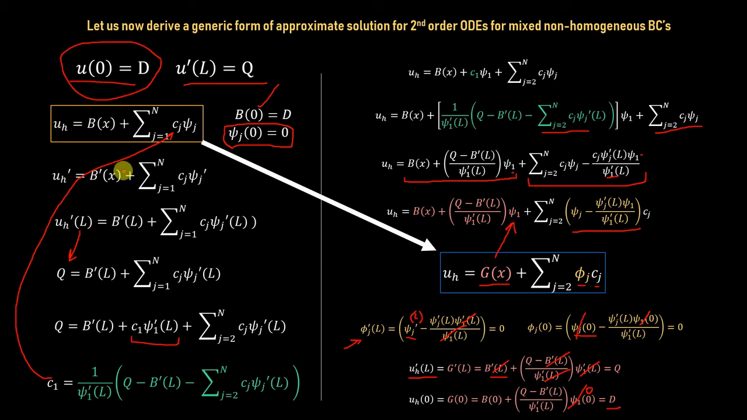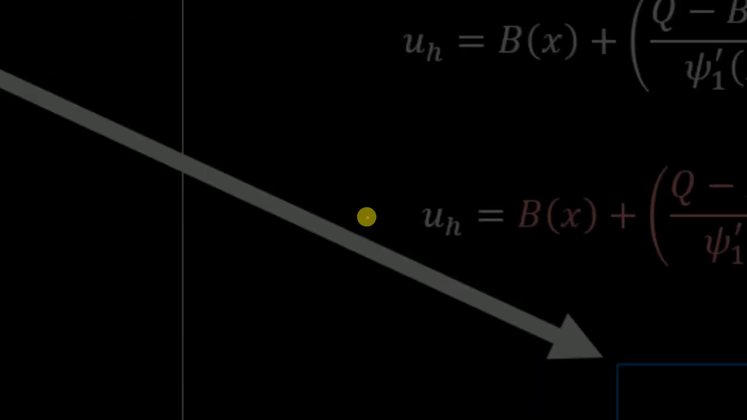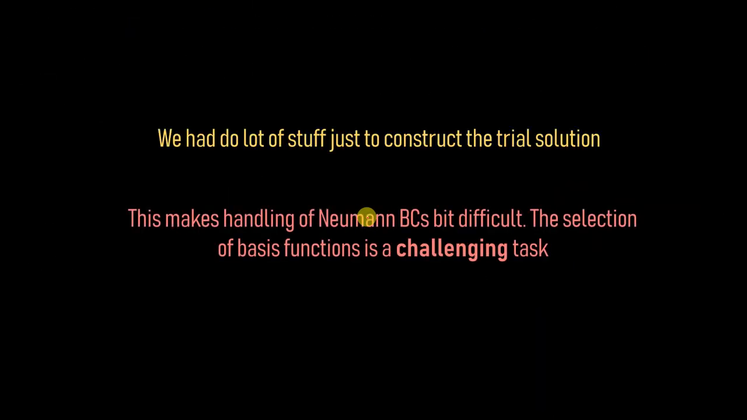So what's the problem in this? The problem is that even for a very simple domain it was very tedious. What about complicated domains in 2D and 3D and very complicated coefficients in the differential equation? It becomes very tedious in that case. So what we have seen right now, we had to do a lot of stuff to just get to a permissible trial solution, and this makes handling the Neumann boundary condition a bit tedious and difficult. It's not impossible, but it becomes very difficult for complicated